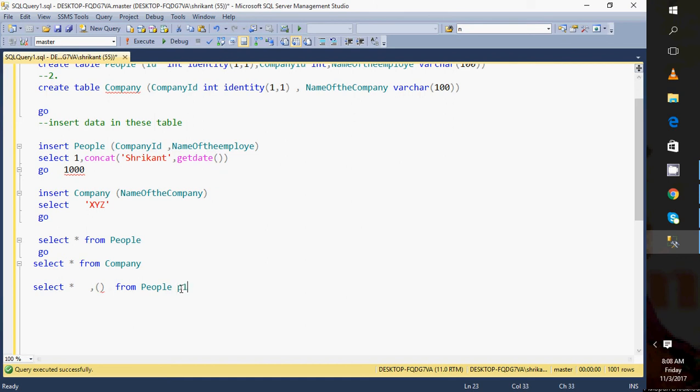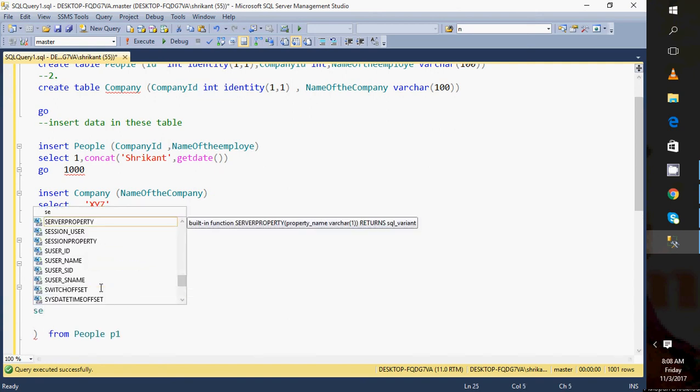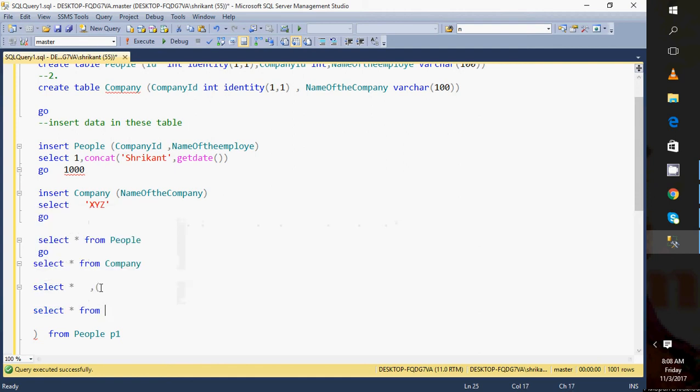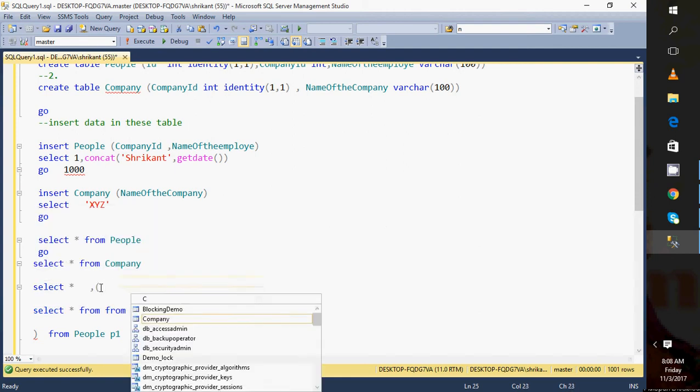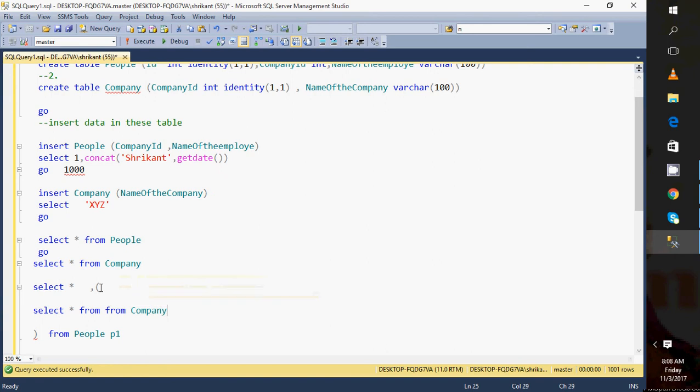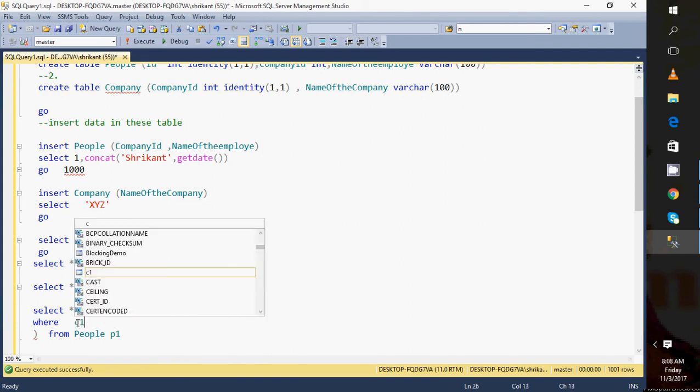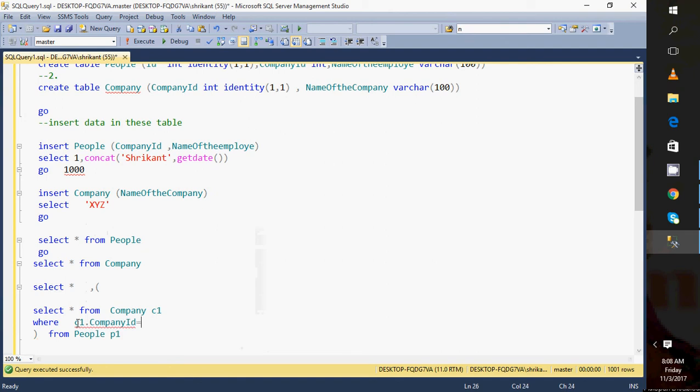I don't have the name of the company here, so I need to write some correlated subquery. Here I am writing P1. Then the question comes to mind, what should I write? I should write the correlated subquery here. I will show you, from company, because I only require the company where C1 dot company ID is equal to P1 dot company ID,